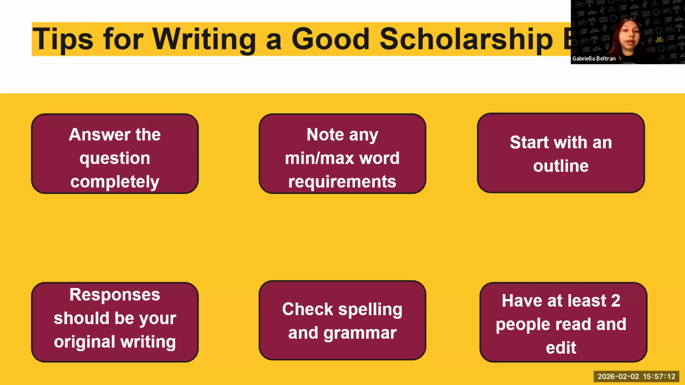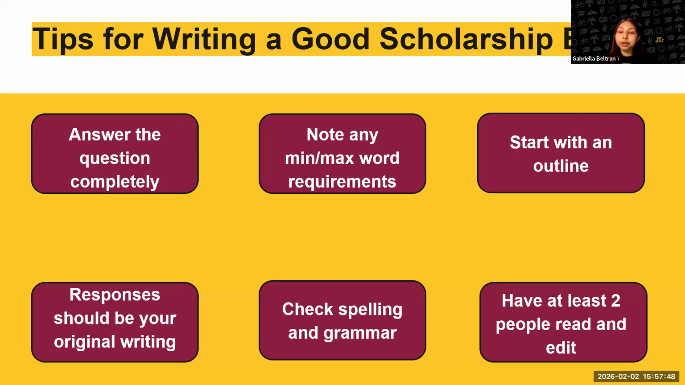Tip number two is to know any word minimum or maximum requirements. These may be present in a scholarship essay. If there is a word minimum requirement, that might push you to include more details and make your response longer for the reviewers. However, if there is a word maximum requirement, that might encourage you to be more concise with your response, only including the most important and relevant details in your scholarship essay. If these are present in a scholarship application, you do want to just take note of this